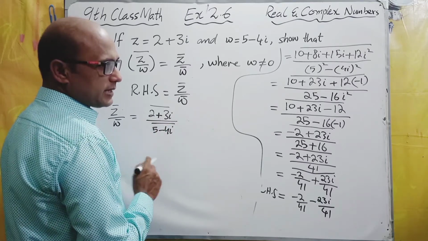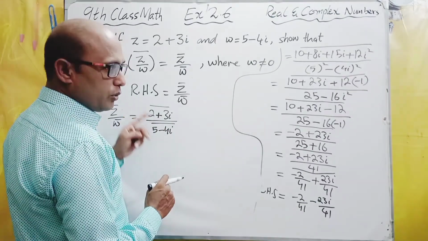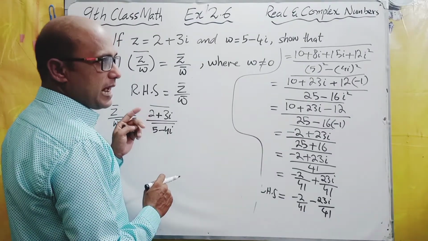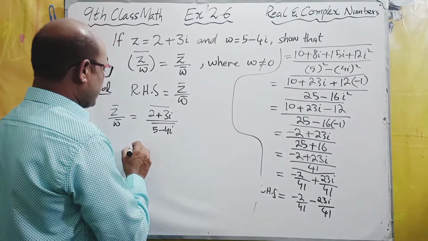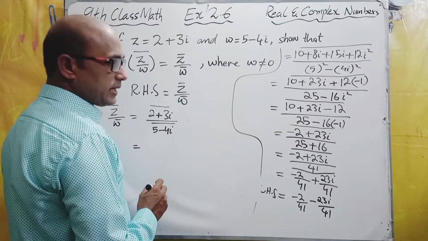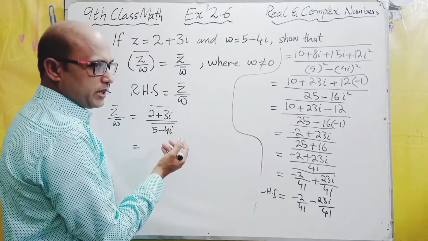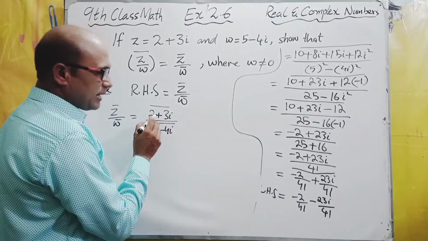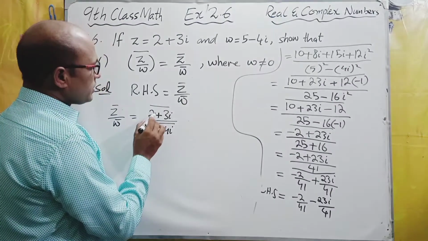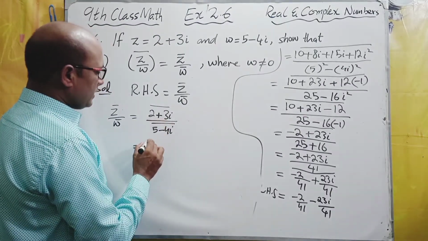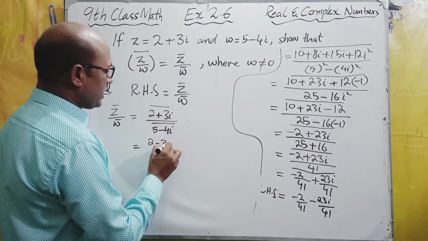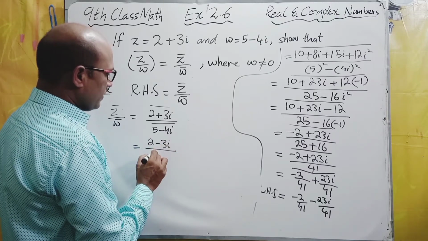Now bar is separate on both the numerator and the denominator. Let's see how to solve it. Students, in this situation we'll remove bar in the first step. When we remove bar, we get 2 minus 3 iota over 5